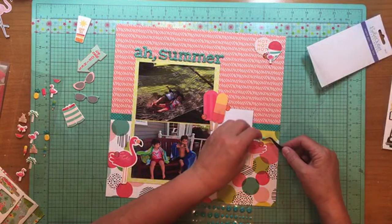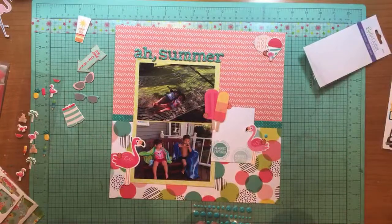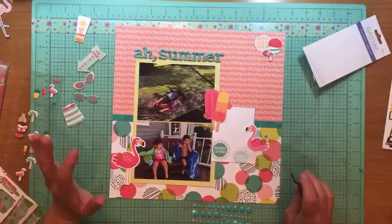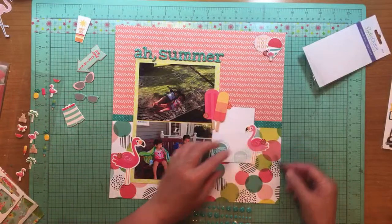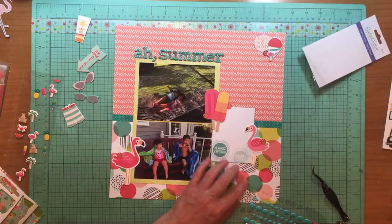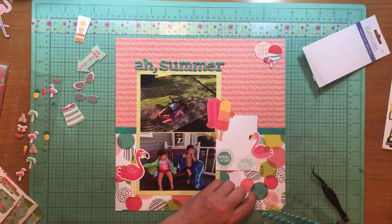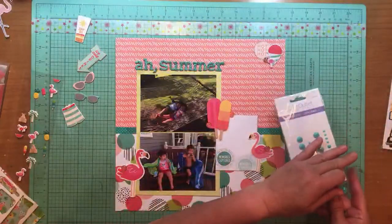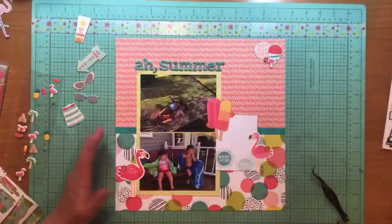So then I think what I'm going to do, oh, maybe not. So what's happening here is they're so bright. I think they're taking, you see what's happening there? They're taking a lot of focus off of the rest of the layout. These are coming off. And I think that's a problem I have with these, is they're so bright. They take the focus off things. I love Doodlebug. They have a color, I don't remember what it's called. It might be Swimming Pool. That's probably my favorite aqua or turquoise colored enamel dot. So anyway, I think we're not going to do that. I think I'm going to leave that off. So that's the layout